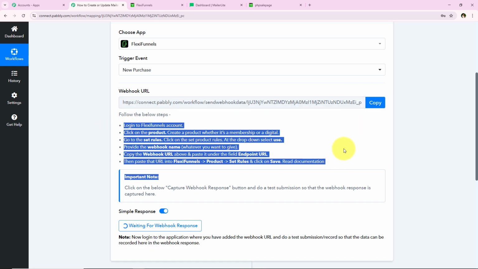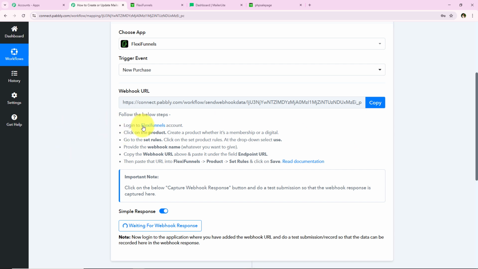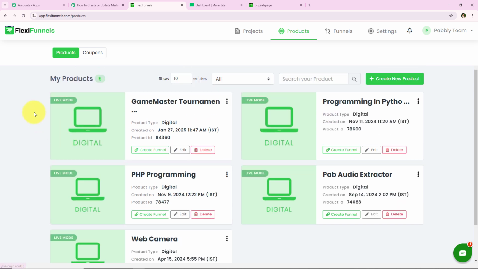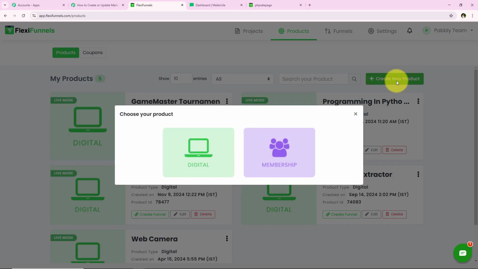to follow this help text, and it is saying log into your FlexiFunnels account, click on the product or create a product, whether it is a membership or a digital, go to set rules. Alright, we are going to follow the same. I'm just going to open my FlexiFunnels account, and over here you can see all the products which I've already created. So if you want to create a new product, you can go on this create new product button right over here,